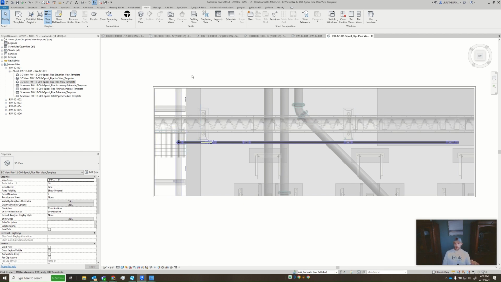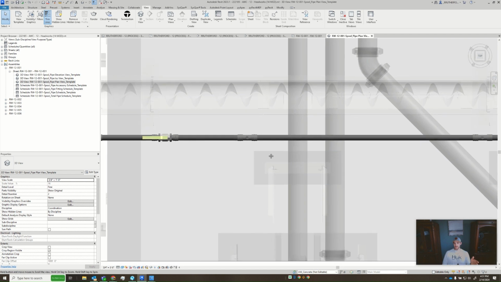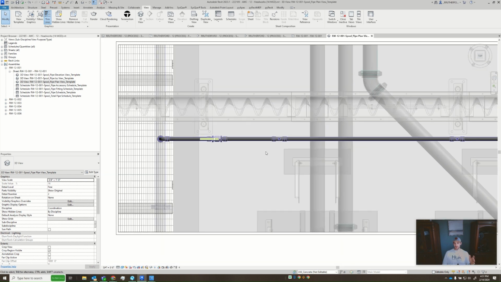And this is the point where you're going to have to make a judgment on where a start and where the end of a dimension leader line is started. Are you going to start from the edge of a fitting? Are you going to start from the center of a fitting? The best thing to do, if you have access, is go talk to the guys in the field and see exactly what they want. A lot of times you'll be dealing with crews that have been doing this for years,